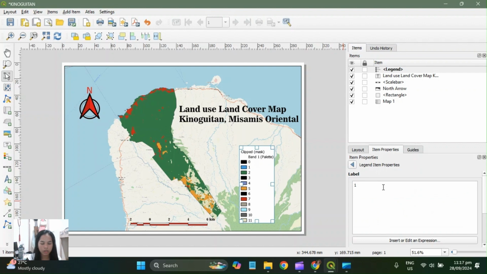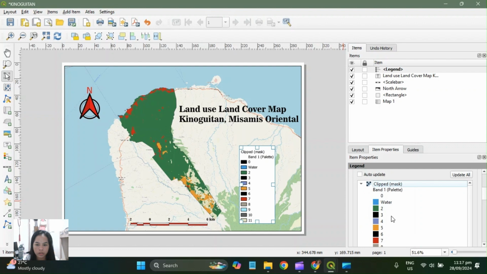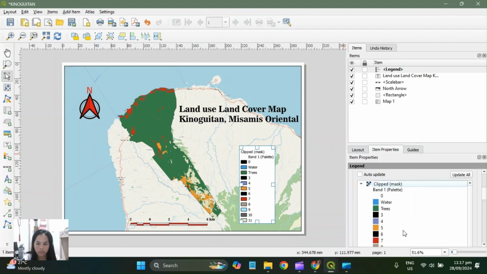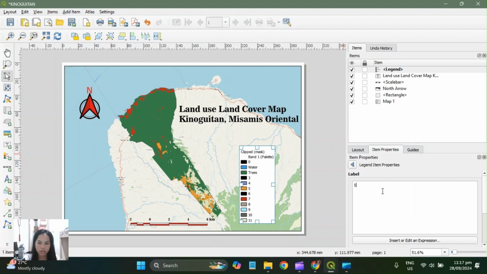To rename the colors, for blue, we will put water. For green is trees. Next is the orange for crops.